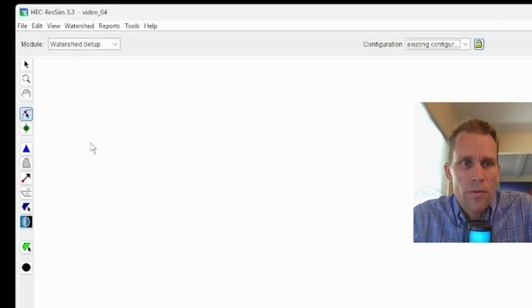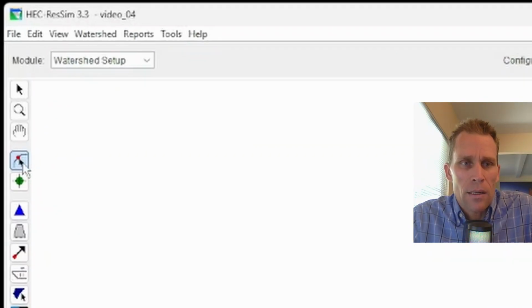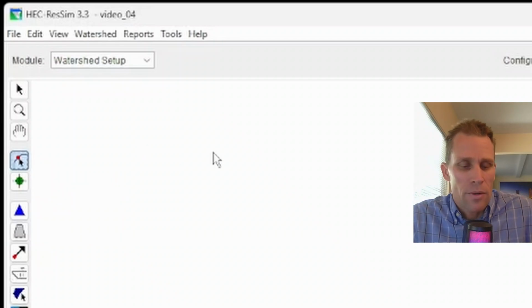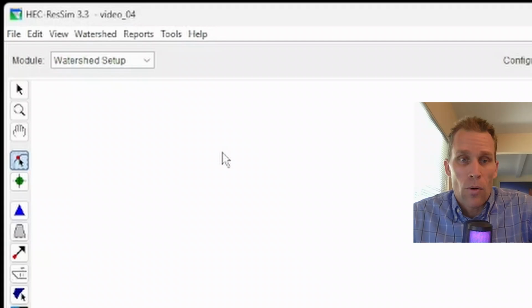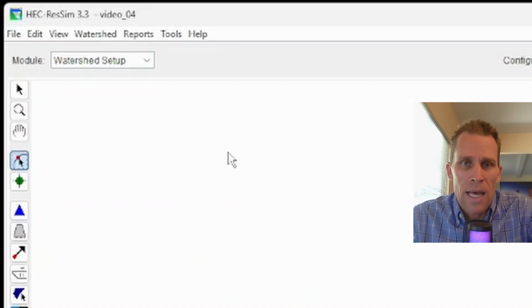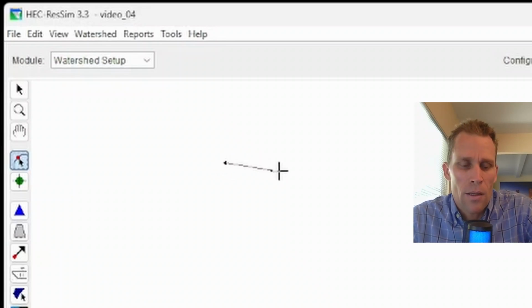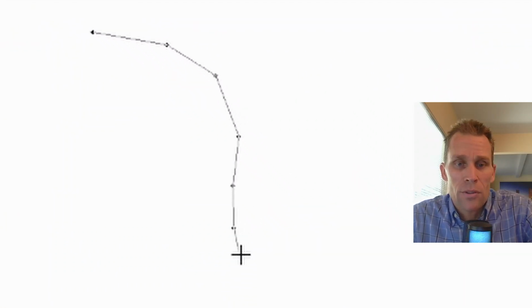What you're going to want to do is come over here to the left tools menu and click on this stream alignment tool here. And then to add a stream alignment, go ahead and hold down the control button on your keyboard and then do a single left click at the upstream most point of the stream. So I'm going to do that here. I'm going to click, I'm going to move my mouse to the next spot. I'm continuing to hold down the control key and then I'm going to click again and I'm just doing single left clicks as I move the mouse